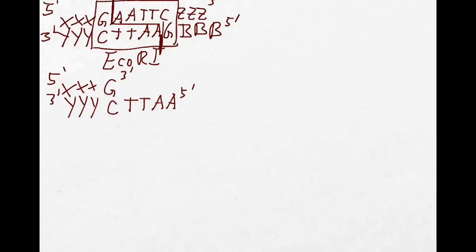This bit here we can forget, because we just want to get something complementary to this sequence here. So, how are we going to do that? Now, let's look at the first option that we have. So we have the base pairs G, A, T, T, C. And we might have something here,